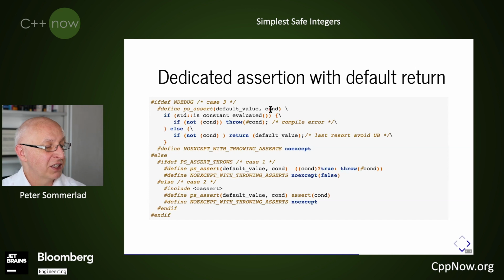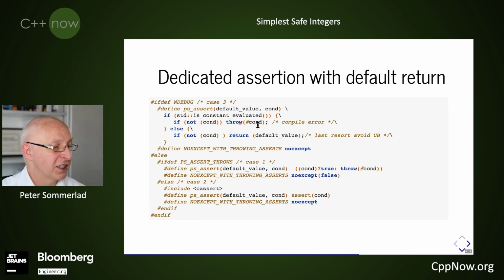We have a macro with not just the condition like assert, but with the default value that we will return in case the assertion fails. The caller of the macro is responsible that this actually matches the function return type. Then we use a trick of C++20: if it's constant evaluated, we can make the code fail to compile. So if the compiler can detect that you're trying to divide by 0 because you provide the literal 0, then we will recognize the error. It will even trigger if you compile for release mode, at compile time, if the compiler can detect it.